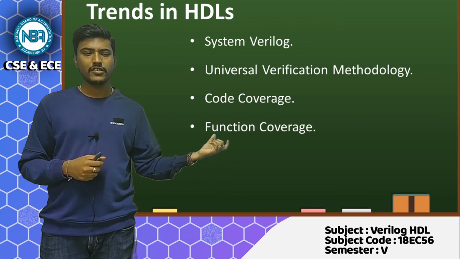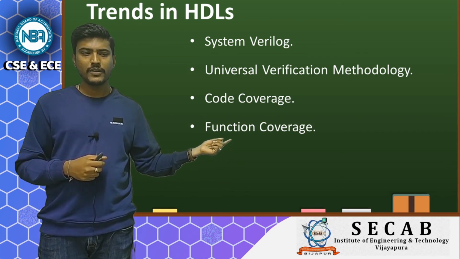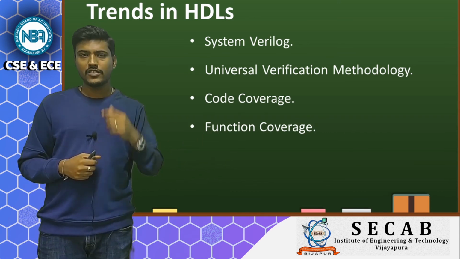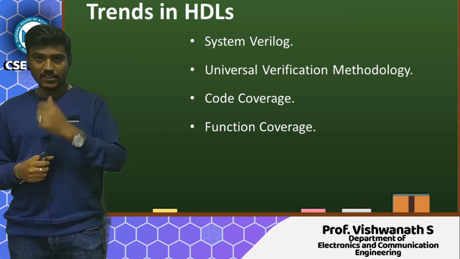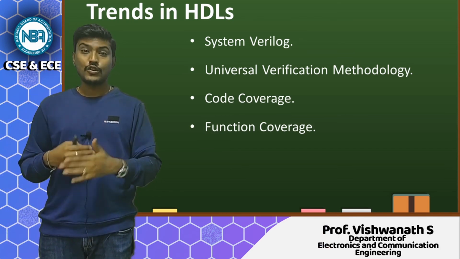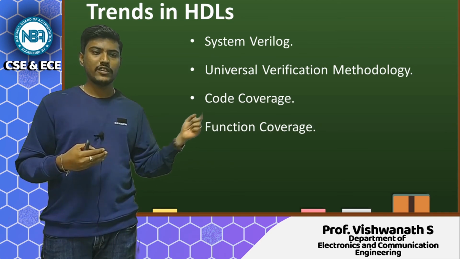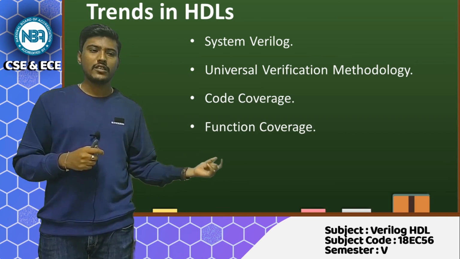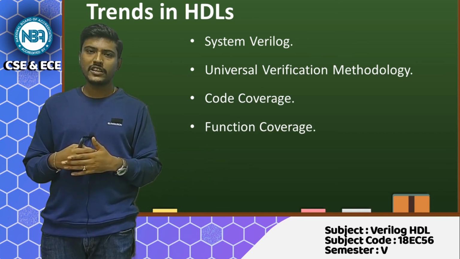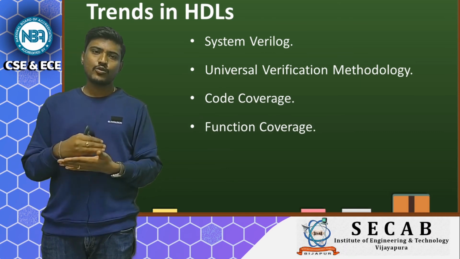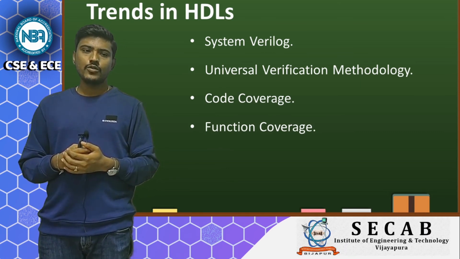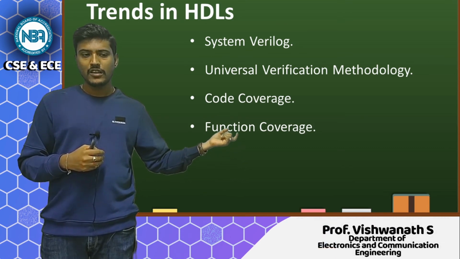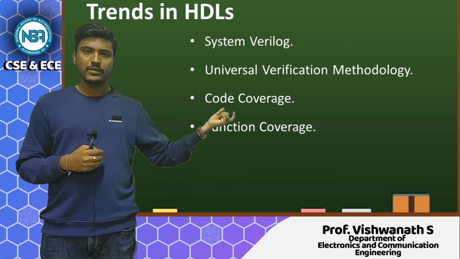One more type of coverage that we can observe is functional coverage. Actually, there is a spelling mistake here, so it has to be functional. In functional coverage, it is going to verify the logical part. Code coverage checks whether a particular line has been hit or not, whereas functional coverage tests the functionality, whether that functionality works properly or not.